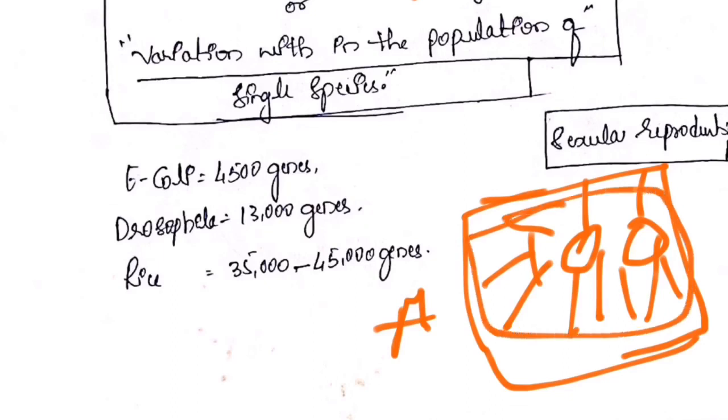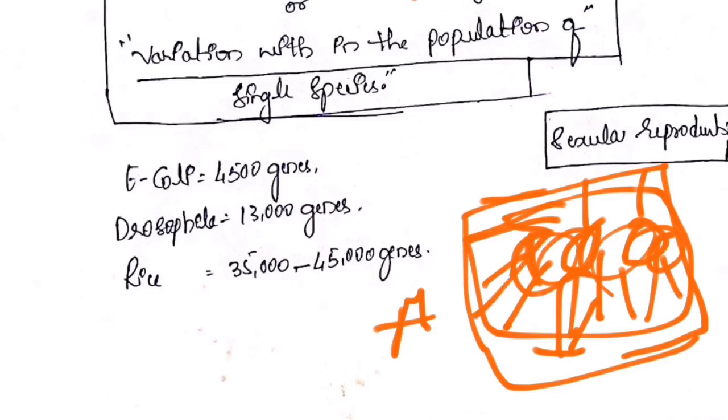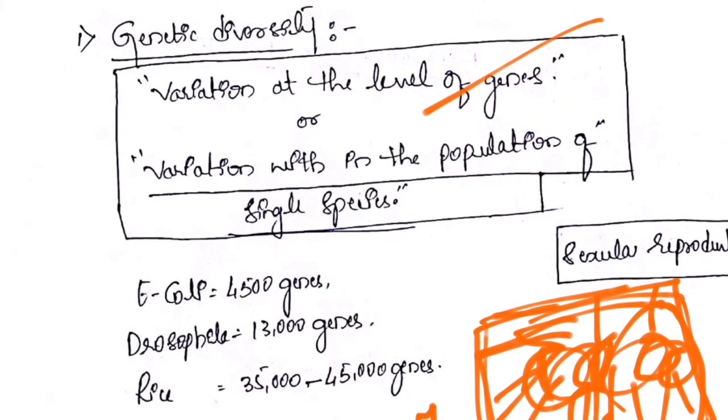Why do they have different varieties? Because they have got different genes within them. These genes make up different physical structure. No doubt all 100 are dogs, but all 100 dogs are not similar. One dog is very tall, one is very small, one is very big, one is very thin, one is very large. So all are dogs, but physically they are not similar. This variation is called genetic diversity, variation at the level of genes.